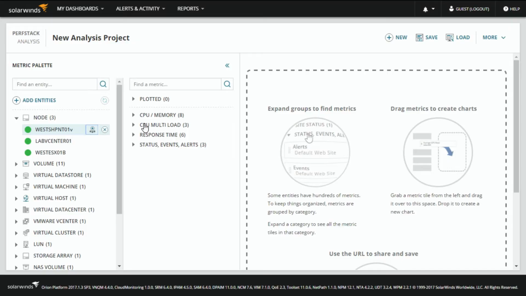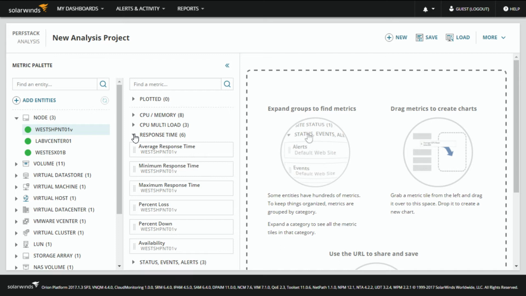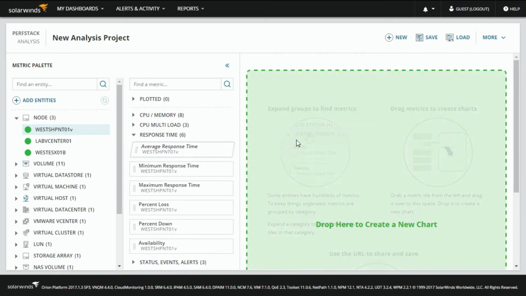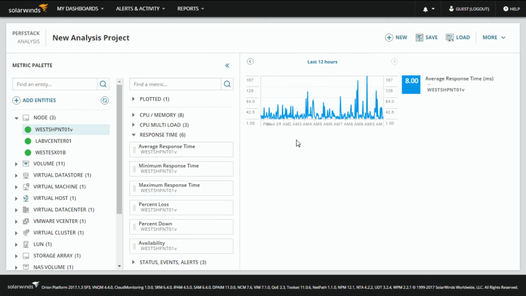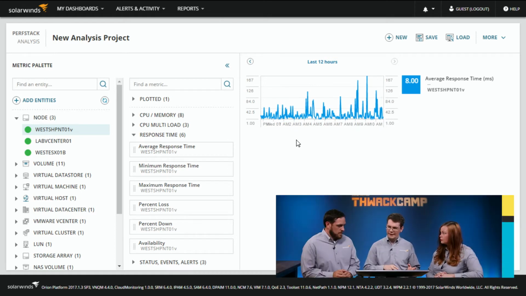Yeah, absolutely. Metrics. Like I see the CPU and memory here. If I want to take a look at that, I can. I don't have to go and do extra work to find that machine or find that data. All of the data about that machine is here. So as the network guy, I'm responsible for the end-to-end response time. I'm going to pull that in. We saw that from a NetPath perspective, which didn't vary very much from the regular response time here.